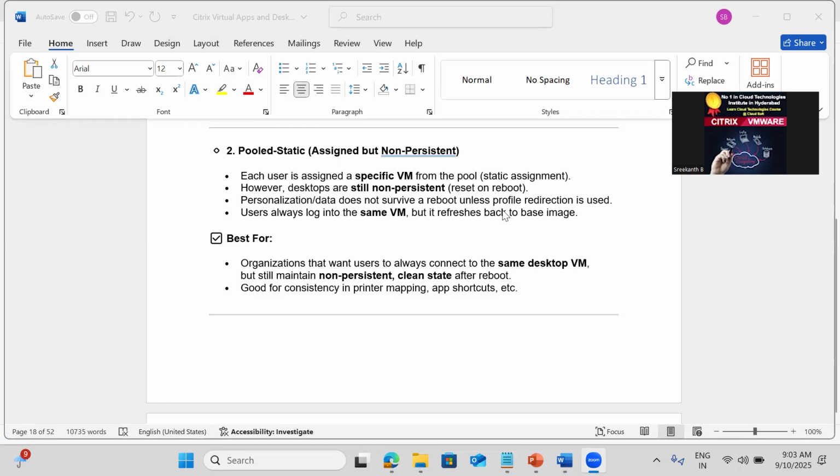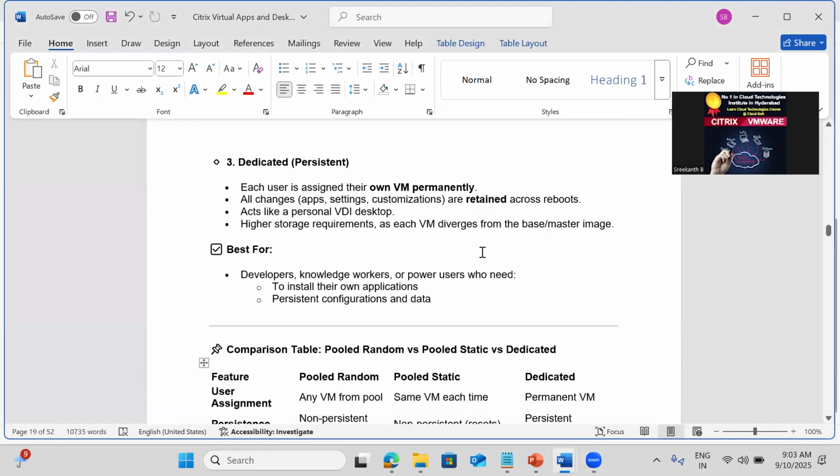Okay, so dedicated is simple: it's our own personal desktop. It's a permanent assignment, not assigned to any other users. All changes are stored, and even if the device reboots or updates happen, the data is going to be persistent. So storage takes more compared to the pooled one, and compared to streaming also. Mostly this would be useful for knowledge-based workers, developers, or